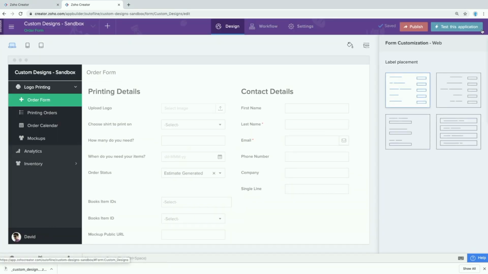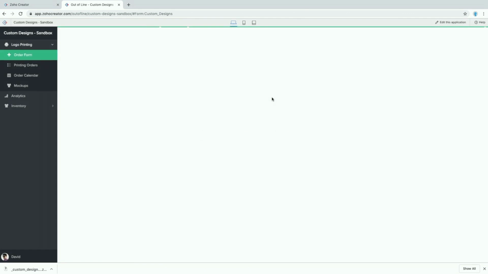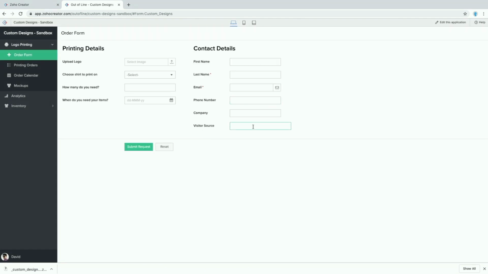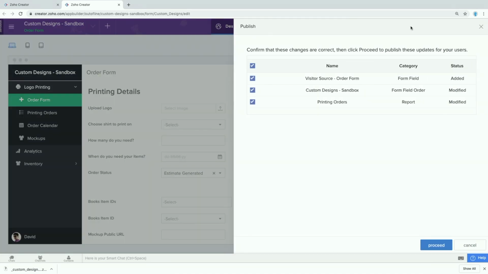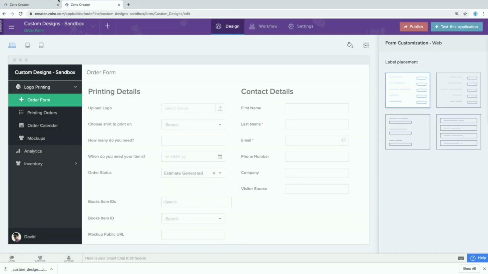And now we want to test the change. This is where you do your testing, make sure it's working. All right, we see this field, but we realize we don't want users to see this. So I'm going to go back in and create a workflow that's going to hide this from our users. This is all possible in the sandbox, and it's why Sandbox is so great, because you have time to really think through your changes, make them, and no one is the wiser. And when you are all finished with your changes, you can then publish. When you are completely finished, it's going to again say, are you sure? These are the changes you made. Everything looked good. You sign off on those changes, and it will then be live to your users.